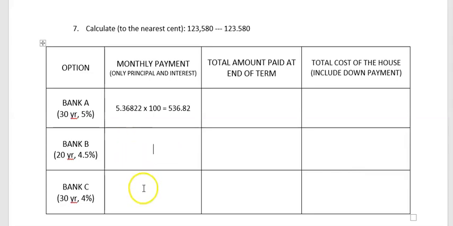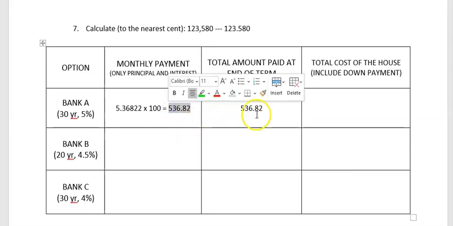So then you would do all these the same way. You'll just go to the chart and look up 20-year and 4.5%, and then 30-year and 4.5%. But I'm going to show you how to do the other columns here. The total amount paid at the end of the term. Well, we know that we're paying